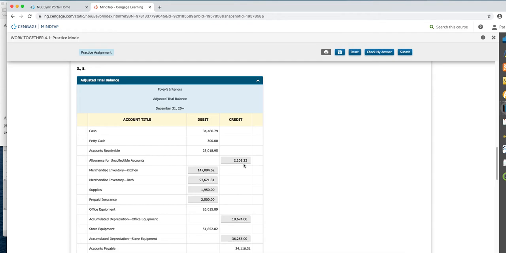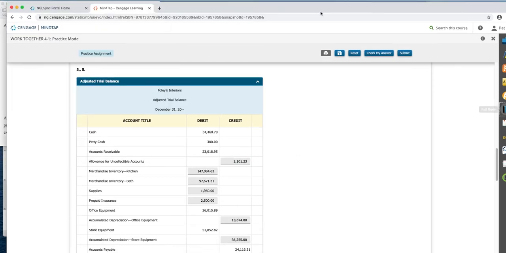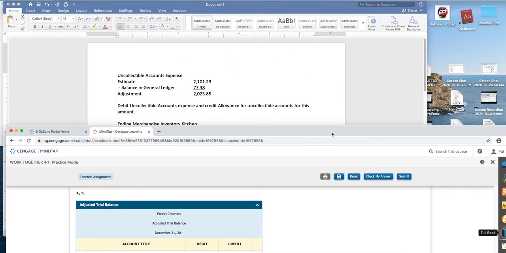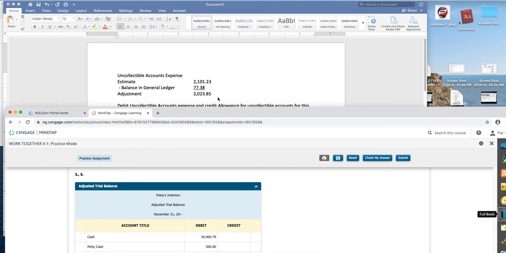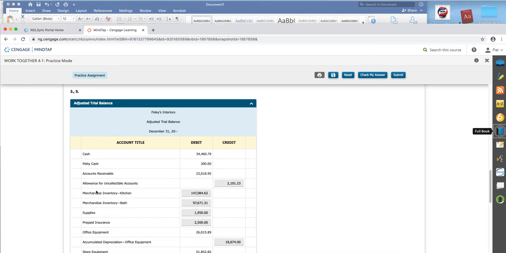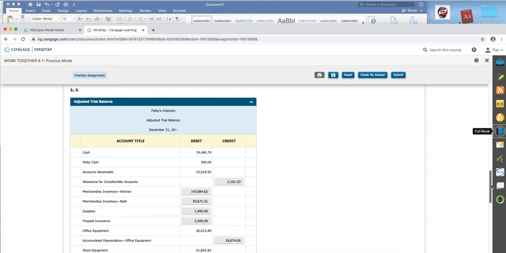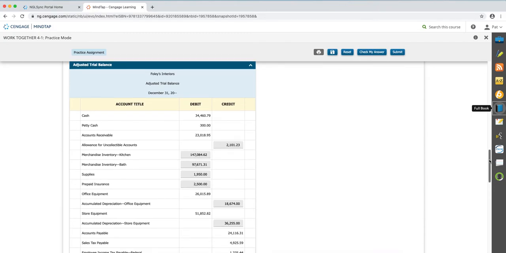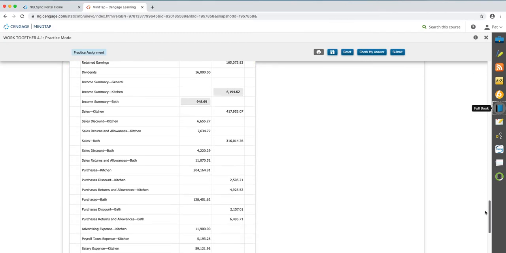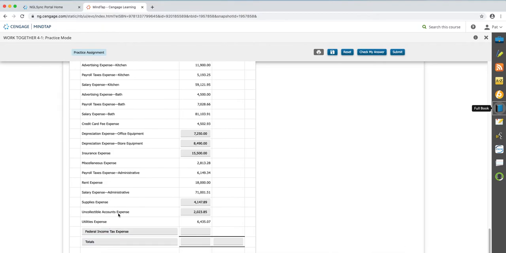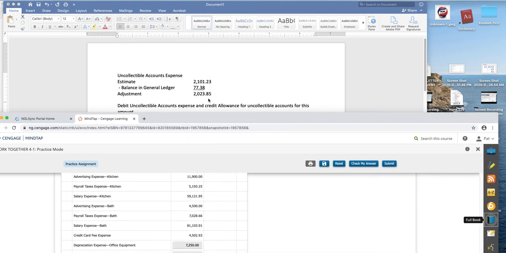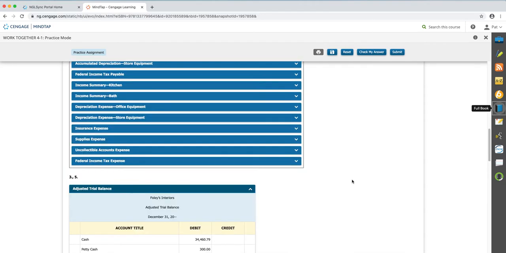So allowance for uncollectible accounts. That is the number, if you remember from our document, the estimate was that amount. The adjustment is the 2023. Well, when you post it, the allowance will be that amount, 2,123. Now, when you go later on down here, when you're looking through it all, the uncollectible accounts expense, 2023.85. That is going to be from that number, because we have in our ledger, if you would have posted it,